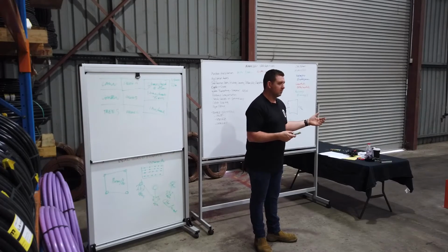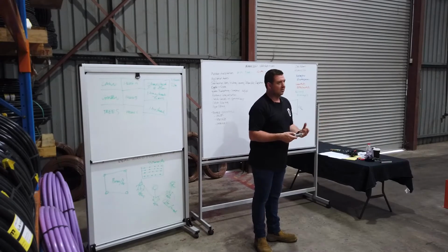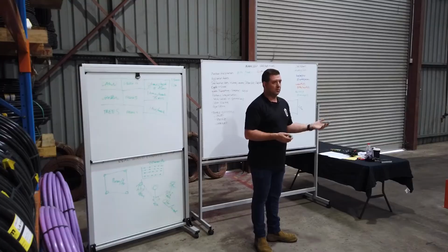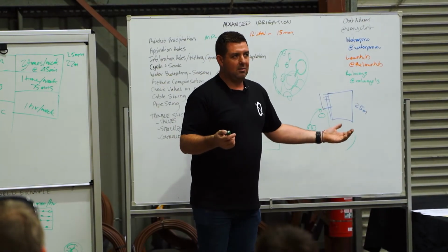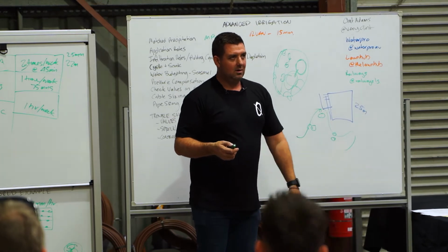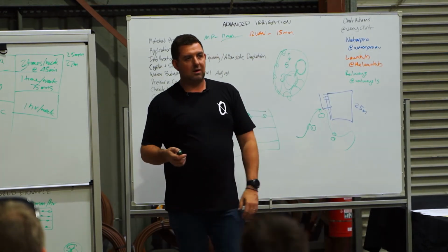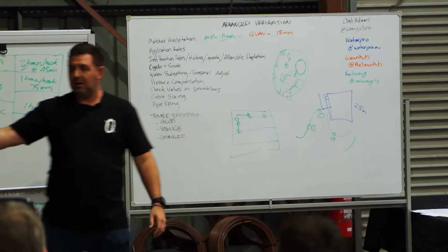And the irrigation industry doesn't change that much. Like, the most exciting thing in the last 10 years is Wi-Fi controllers, really. There's not much else. I mean, R vans and MP rotators are kind of 20 years old. Gear drive sprinklers are 40 years old. Like, nothing's changed. This stuff's been the same forever. But